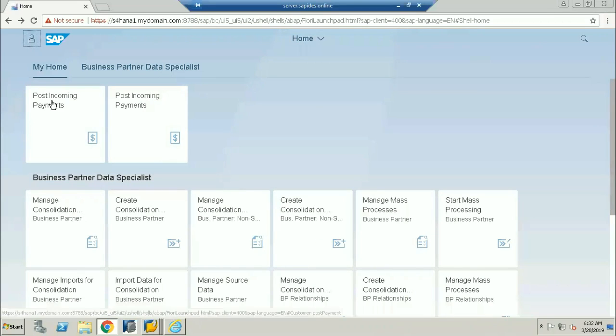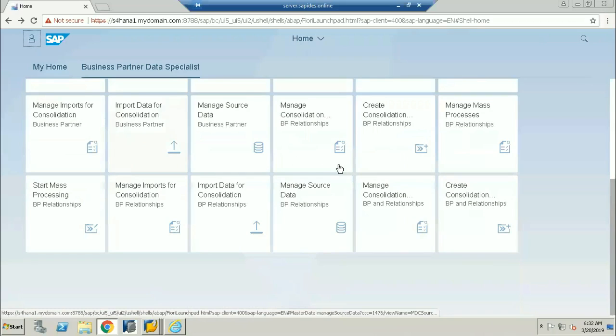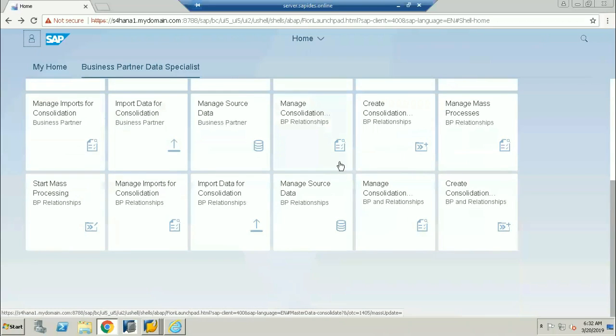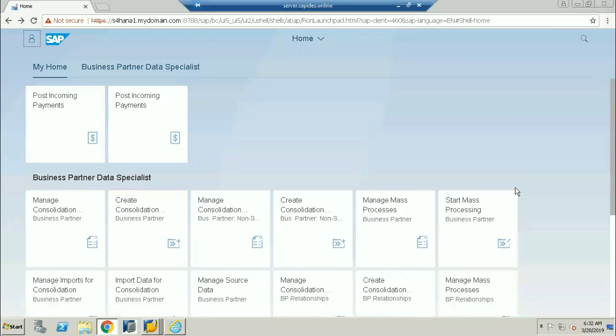See here, what is the incoming payments, post incoming payment, something like that. I'm able to see only 10 to 15 apps in my list. Only these apps I can access here. No other apps can be accessed. Even if I try to access other apps which are not available for the role, the system will tell me that these roles have not been extended to your user ID. This app cannot be used. So only the apps you see on your desktop or on your mobile can be accessed, because these tiles have been assigned to the responsibility of your user ID.